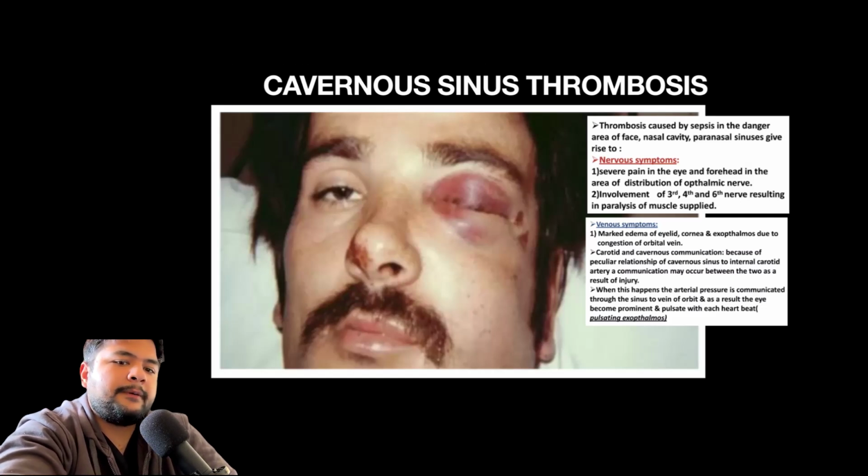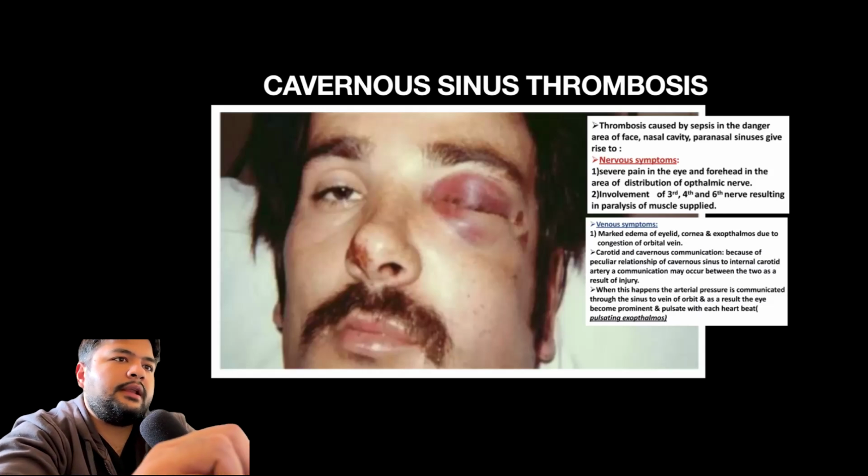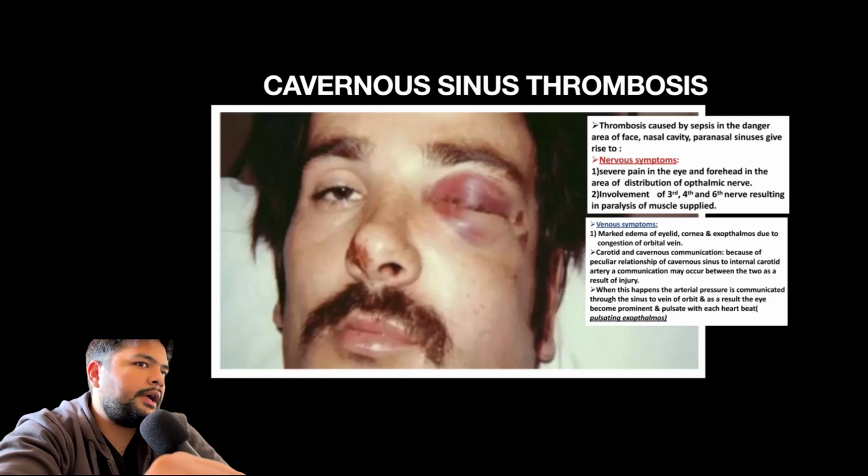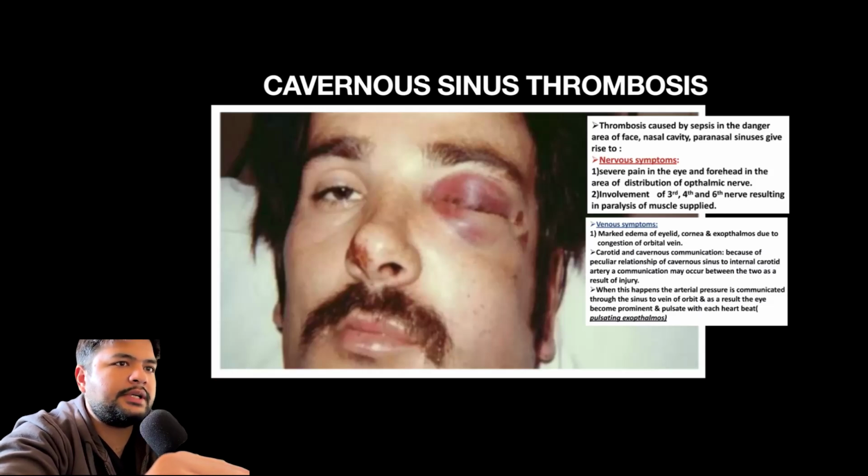For example, the superior oblique muscle of the eye is the extraocular muscle which is supplied by the fourth cranial nerve. Similarly, the lateral rectus muscle is supplied by the sixth cranial nerve. And then coming to the venous symptoms, there is marked edema of the eyelid, cornea, and exophthalmos due to congestion of the orbital